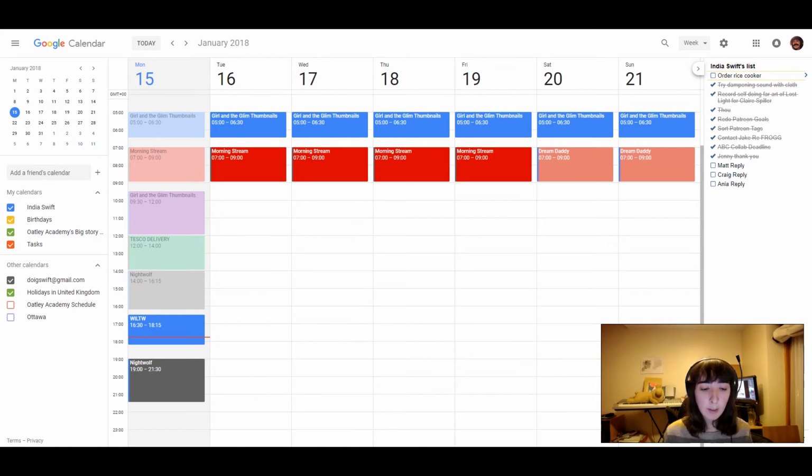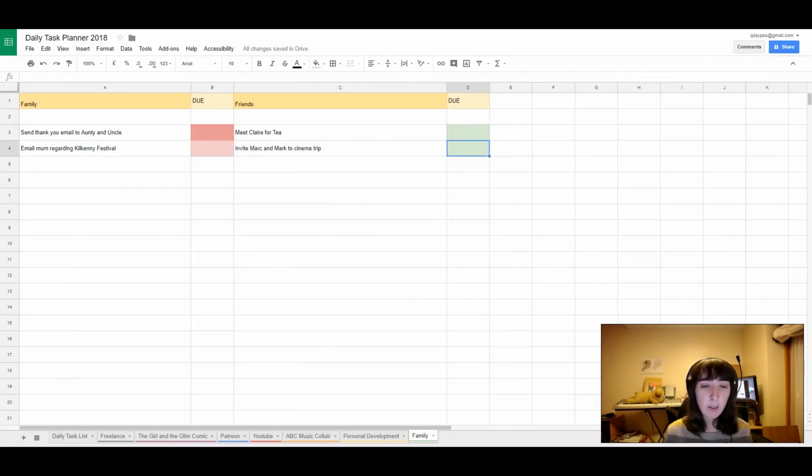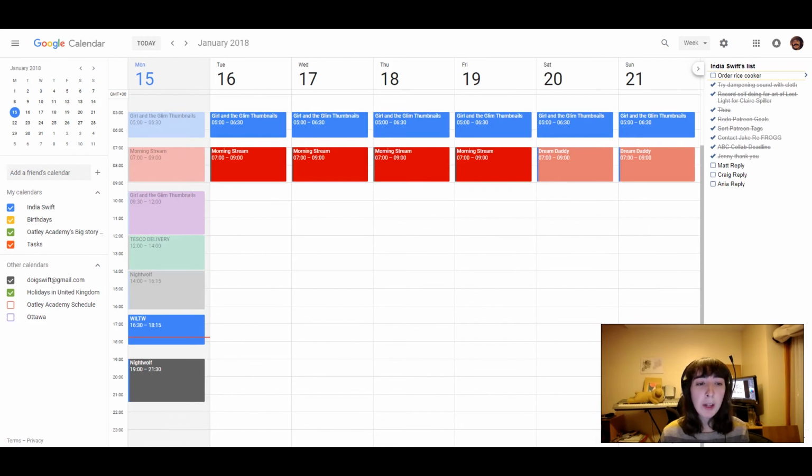So I know that green is life events, it's family and stuff, it's everything which isn't work, essentially keeping up with social stuff and feeding myself. And if I see purple, I know it's Girl in the Glim. All these reds are YouTube, etc, etc. Yeah, that's how I schedule, and I find it super useful because often you will, if you don't have a